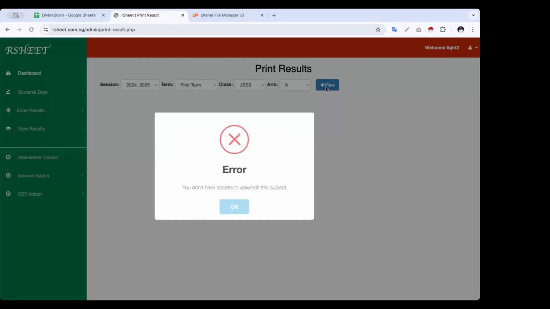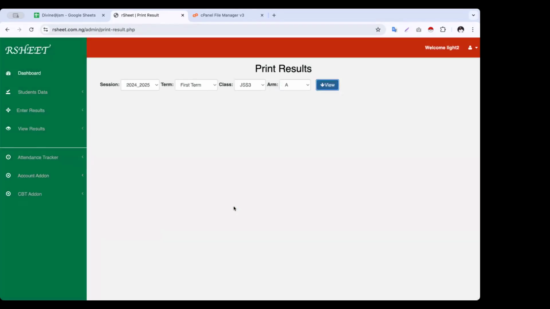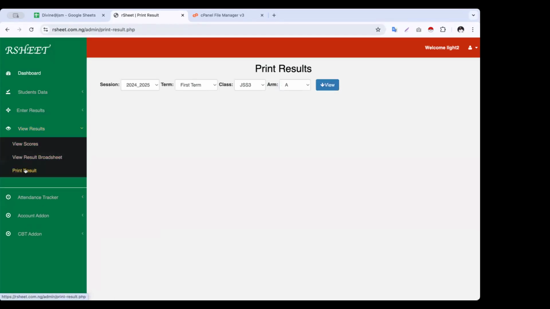So you notice we'll have two types of teachers. We'll have the normal class teacher and the general class teacher, that's the one we call the form teacher, the teacher who manages other teachers. For a normal class teacher that you assign subjects to, he can only access his subjects. But for a general class teacher, the manager of that class, the one you call form teacher, he can access print result, he can even access the broadsheet for that class. And he can enter scores just in case any of the teachers is sick. He can enter scores for the teacher's subject because he is the manager, he is the one in charge